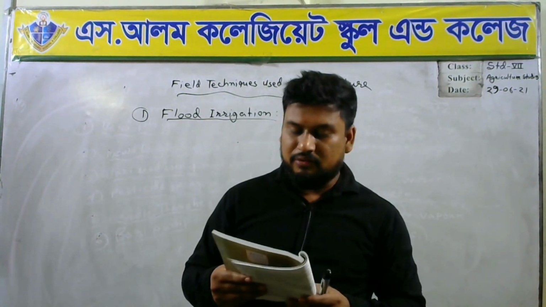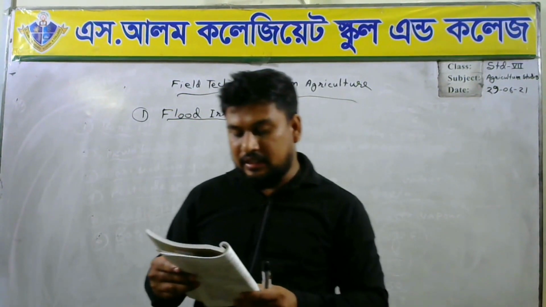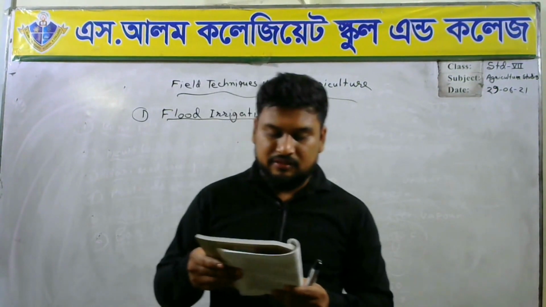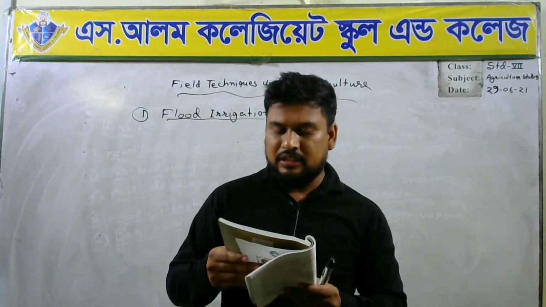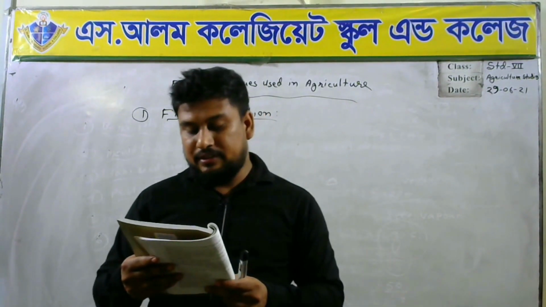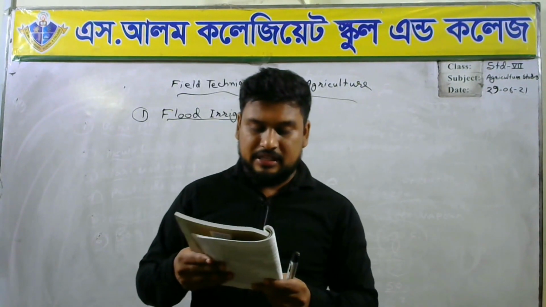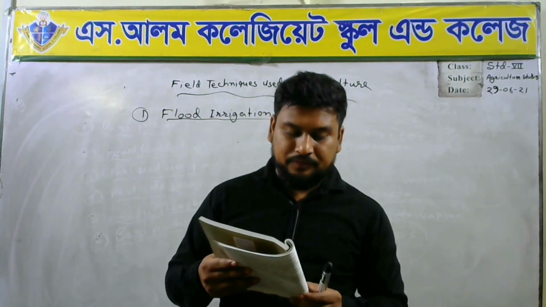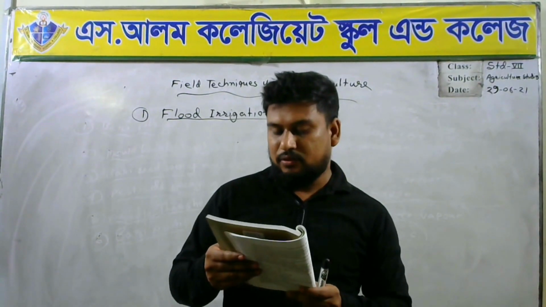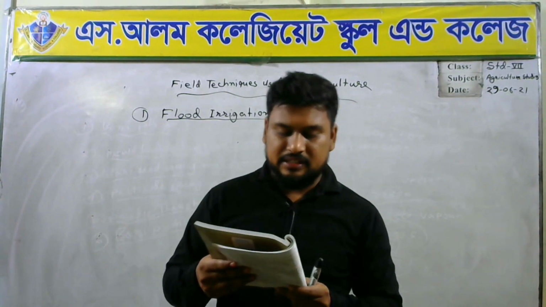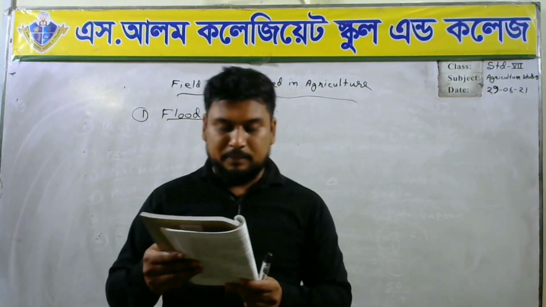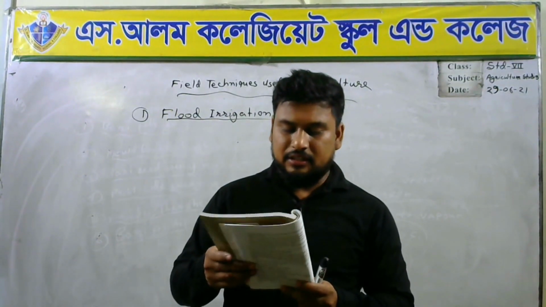This method is suitable for the following reasons. Number 1, a large area of crop field can be irrigated in a short time. Number 2, channels and furrows are not needed within a crop field. Number 3, flood irrigation is effective for plain land. Number 4, requires less labor and time. Number 5, in the field where crops are grown in broadcast method, this irrigation is effective. Number 6, in case of crop field having a slope, water must be retained by making a strong and sufficiently high alley.